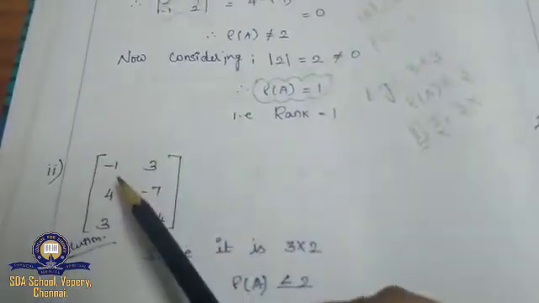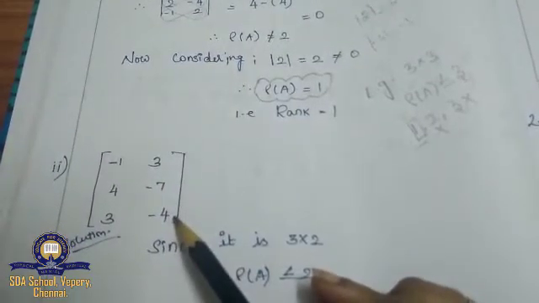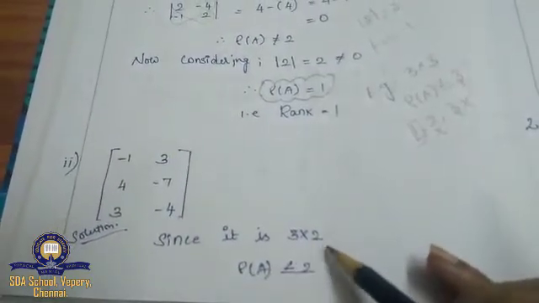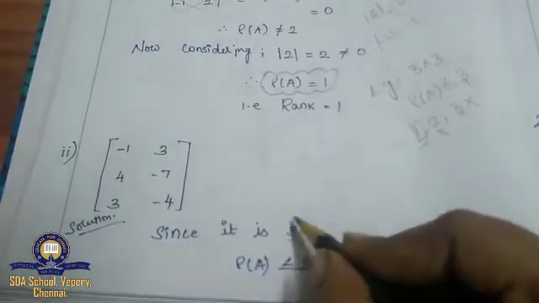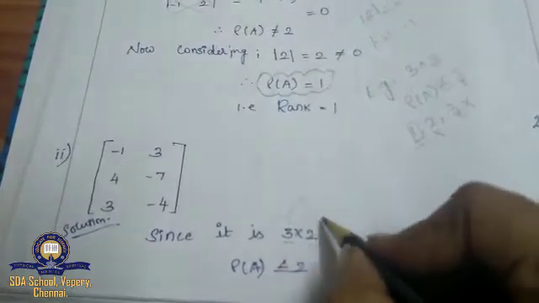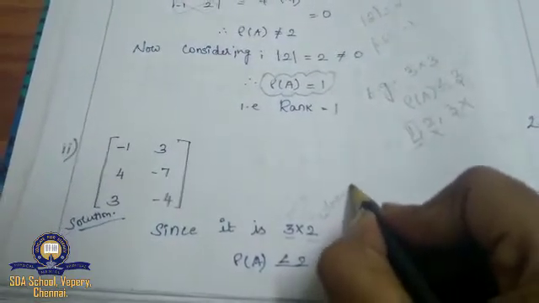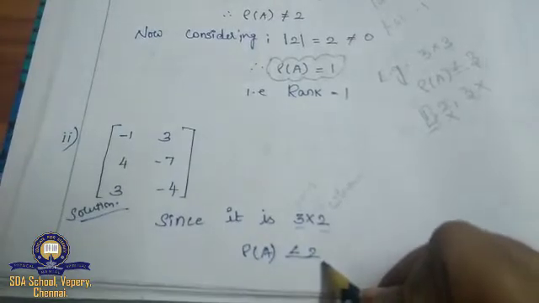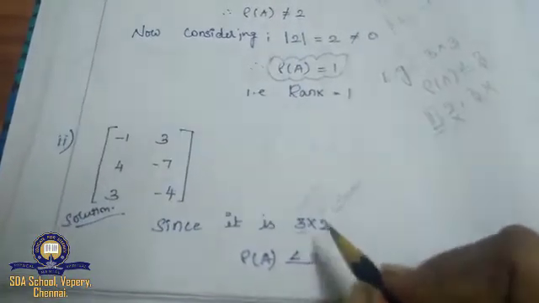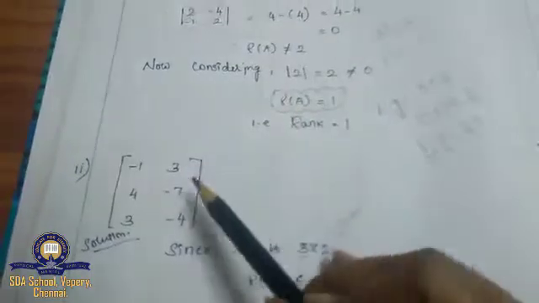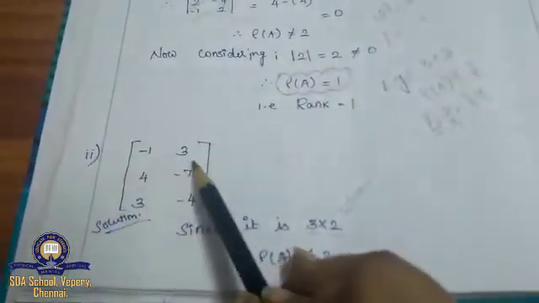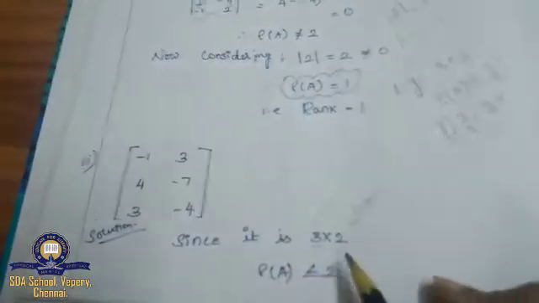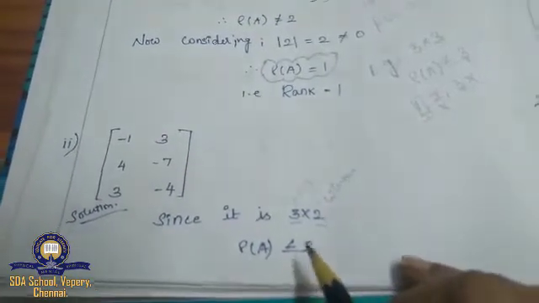Now see the second subdivision. Here it is given 3 rows and 2 columns, a 3 cross 2 matrix. So listen carefully: 3 rows and 2 columns. First we usually denote the row, right? The second one is the column, and you have to take the column value only, not the row value. Here row and column are not the same. So here I have 3 rows and 2 columns, and you have to take the column value only, not the row value.